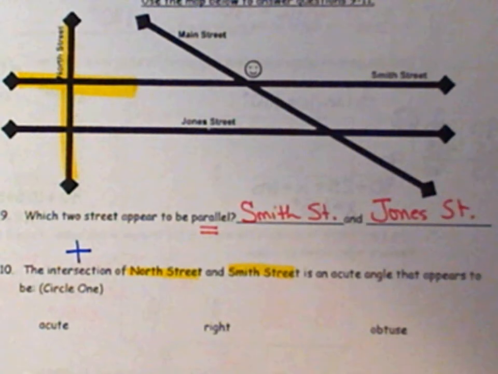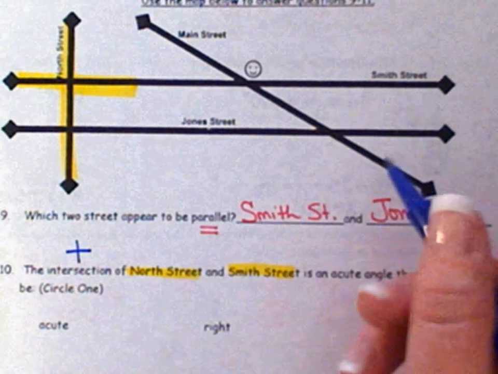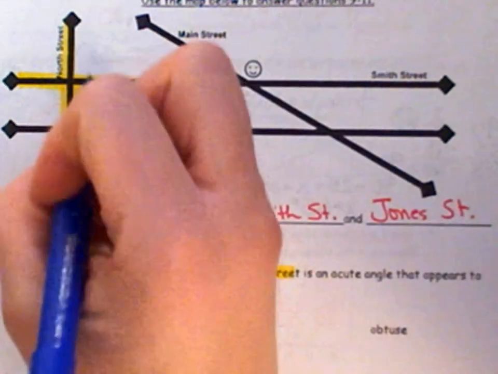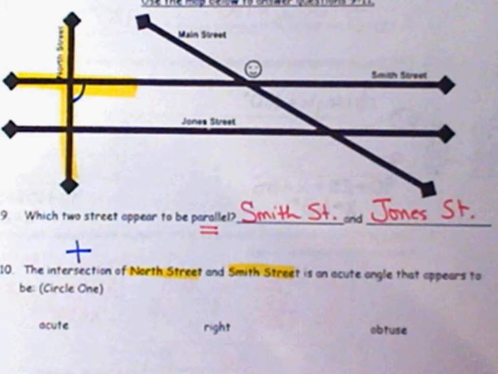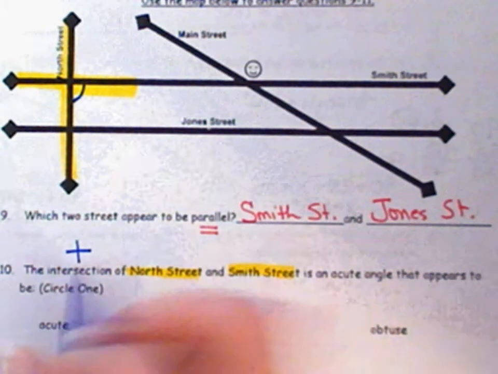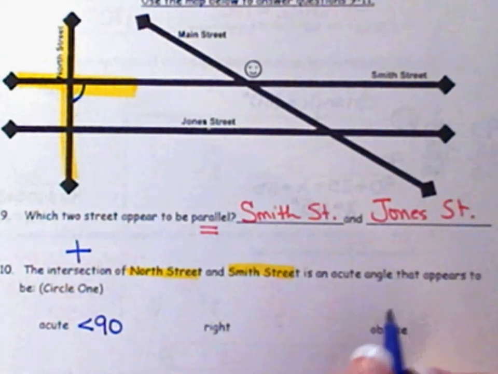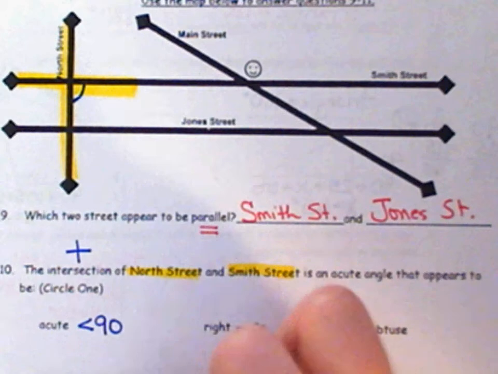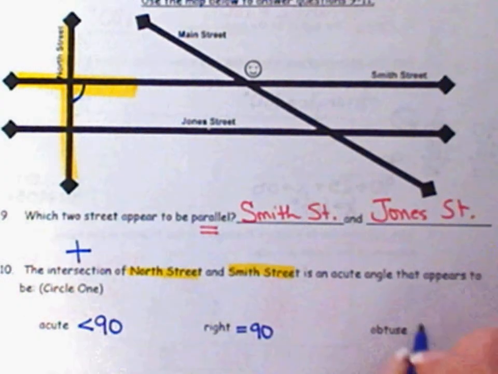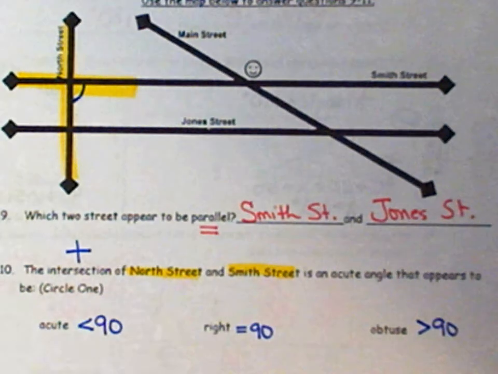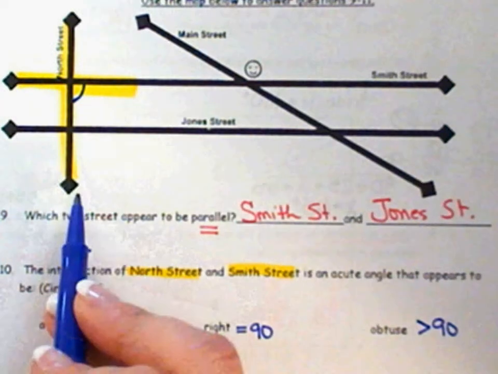The intersection where they cross is an acute angle that appears to be. Okay? So where they cross, here's north and south. So notice my angle